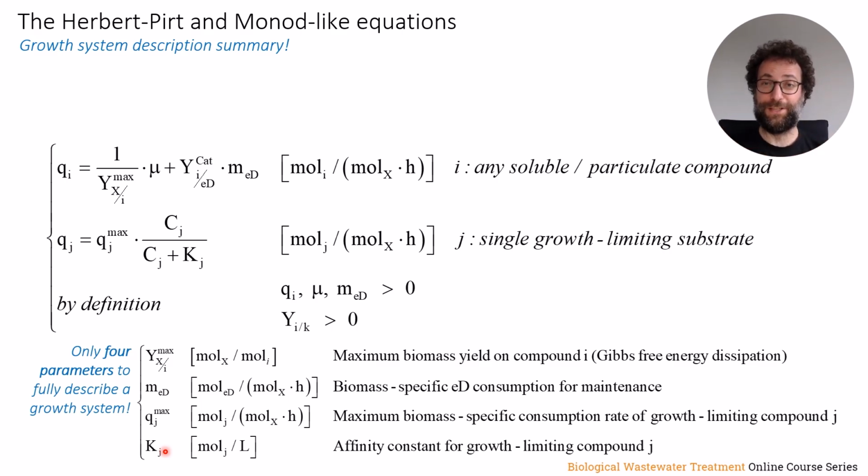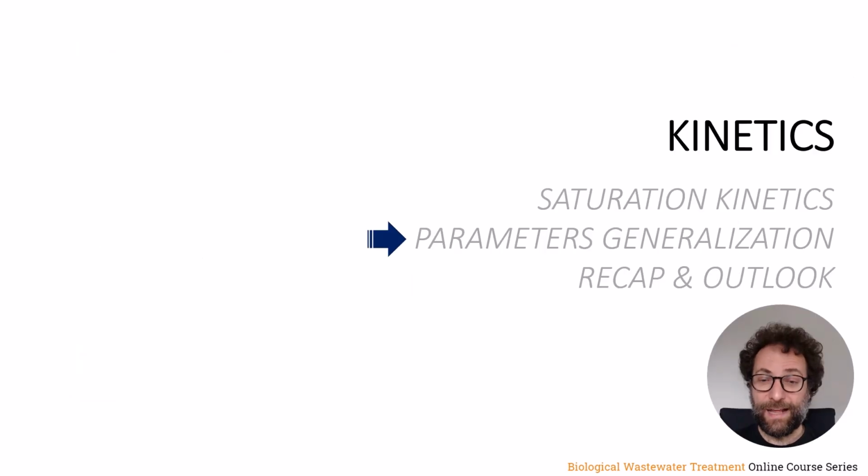In the next part of this video, we will learn how on thermodynamic grounds or bioenergetic grounds we can estimate at least these 2 parameters to finally derive and describe a full system. And with this, we start the parameters generalization section. In analogy to the Gibbs free energy dissipation method that allowed us to estimate or gain a first approximation for the maximum biomass yield on substrate, also here actually the same authors looked into a very big inventory of experimental